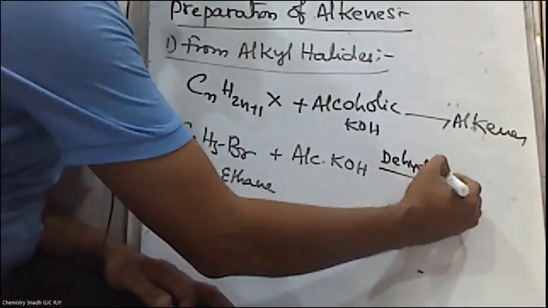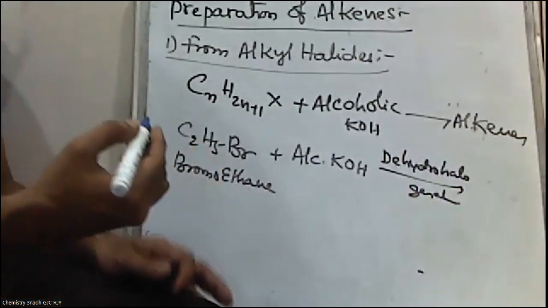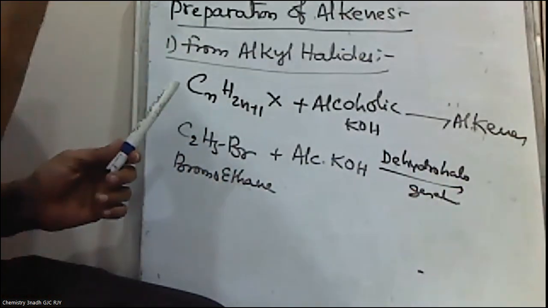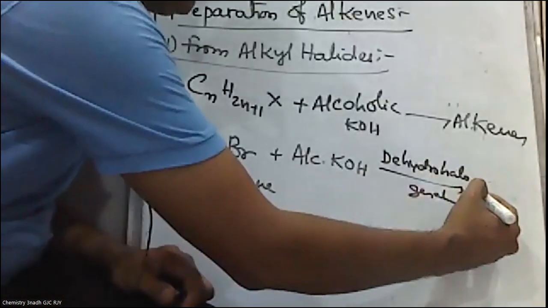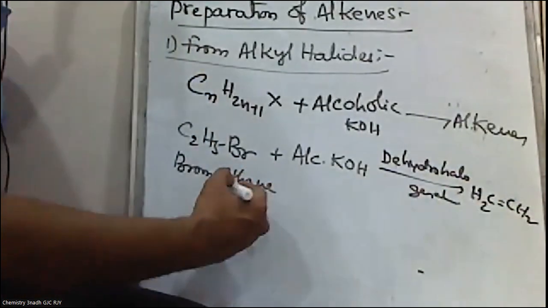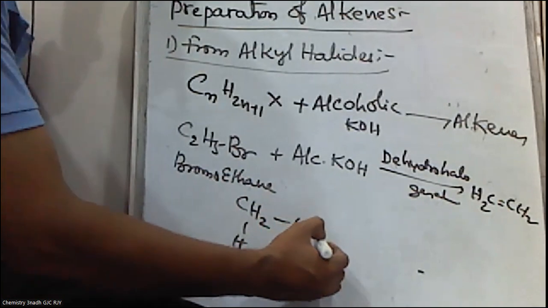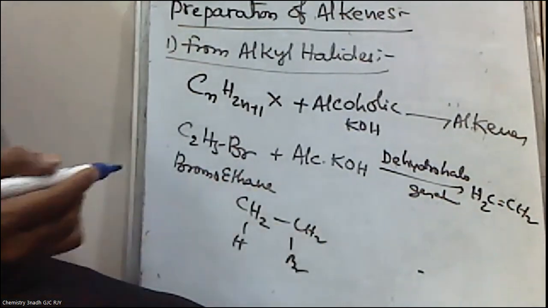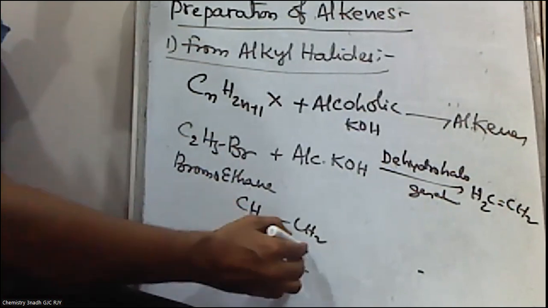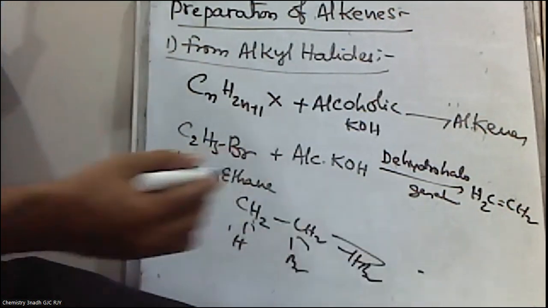dehydrohalogenation takes place. That means a removal of hydrogen and halogen from the adjacent carbons and forms a carbon-carbon double bond. CH2=CH. Here, what is happening is, you see CH2, CH2. If you observe in this, from this carbon, a hydrogen atom is removed, and from this carbon, bromine is removed, and HBr goes out. That's why this is called